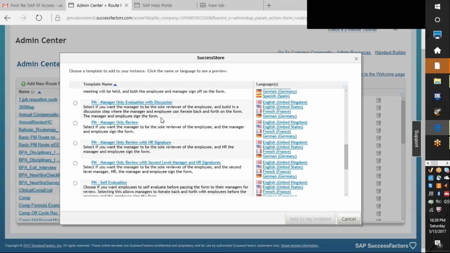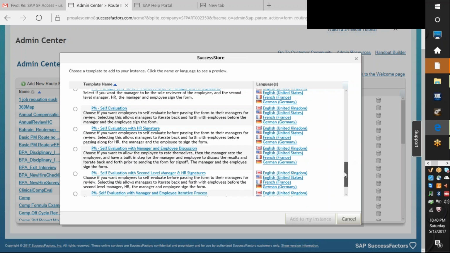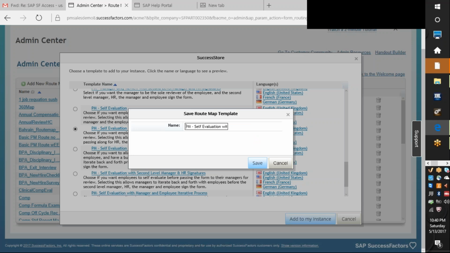Manager only evaluation, manager only review, manager only review with HR signature, manager only review with second level manager. All these are standard defined in the system. Which you can go, let me just say, take this, and you can add to your instance. When you say add to my instance, let me,